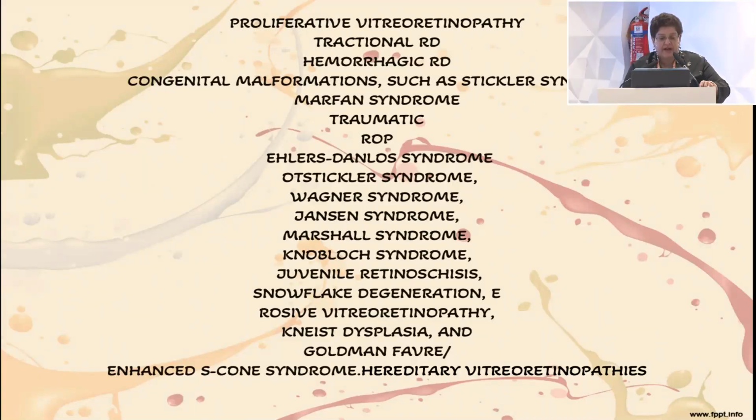I am going to talk to you about the nuances of PVR in the pediatric age group. Now, these are the whole gamut of conditions where you can get detachments in children, which can be of the tractional nature or a hemorrhagic RD, or it can be of a heterogeneous variety. And of these, the most important are the traumatic ones and the ROP, and also congenital malformations such as Stickler's syndrome and all the other syndromes which also occur with